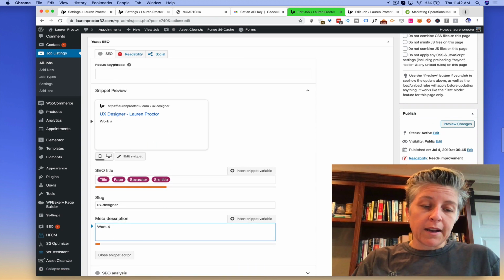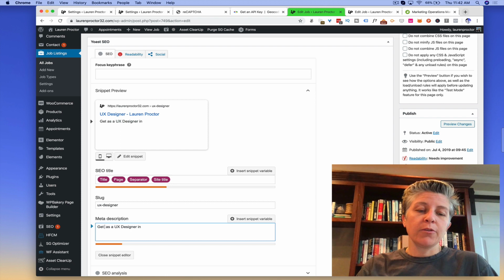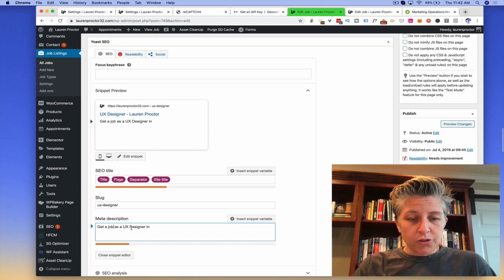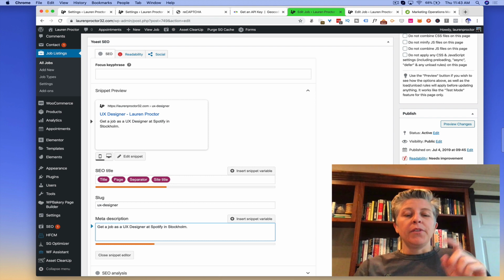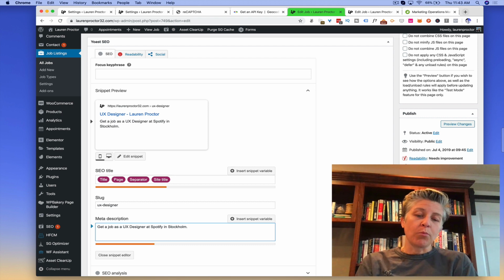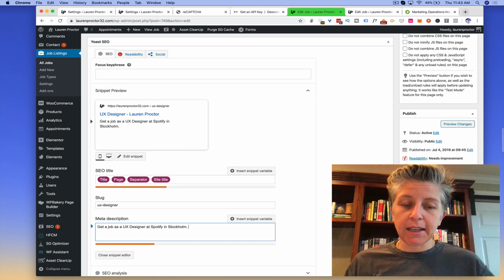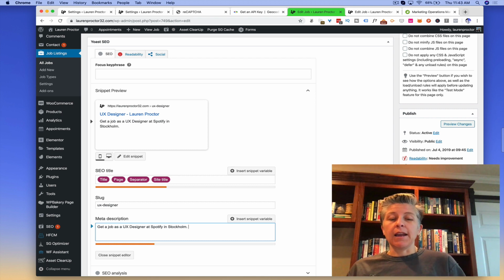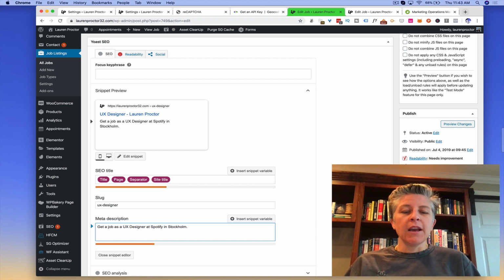So, I'll give you a little trick. Get a job as a UX designer at Spotify in Stockholm. So this matches, and then you would add more information so that it's the right length. But terms like get a job, jobs in, jobs at, or at company name, UX designer jobs, graphic design jobs, or UX UI jobs, interface design jobs. If you can add